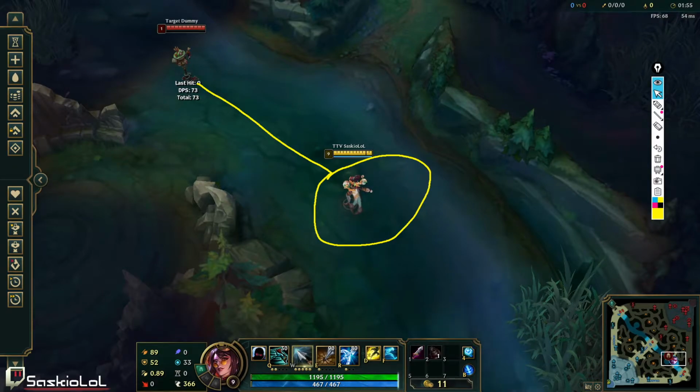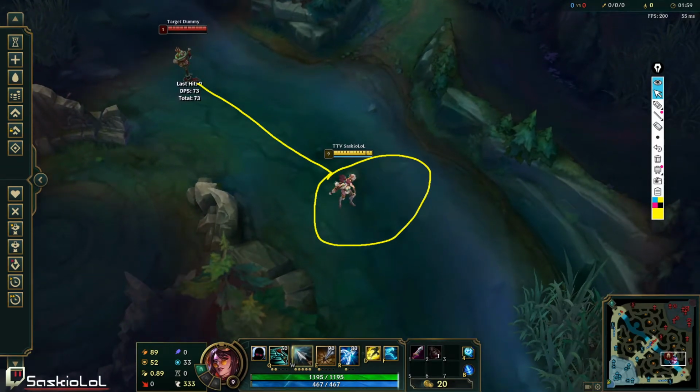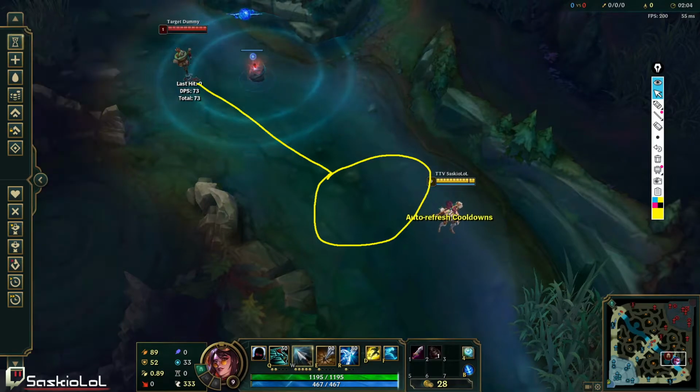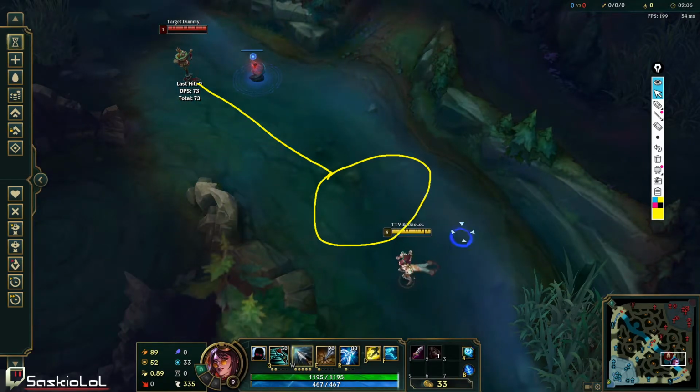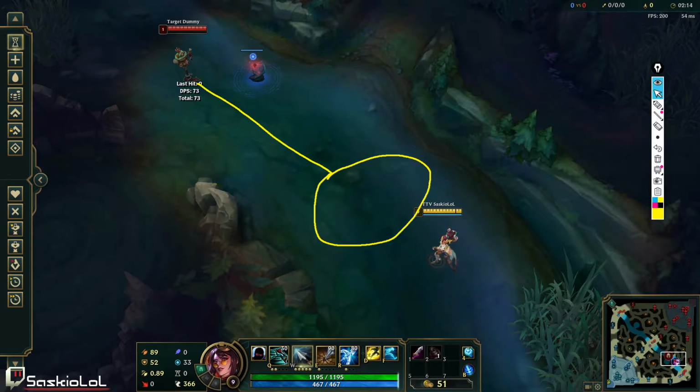Let me click Y here. Let me unlock my camera. Beware. Oh shit. So, in a real game, you don't want to enter this zone of influence. So, in a team fight or in a dance, you want to stay out of this range, right? Obviously, if you're going to enter the range, you must have a reason to enter the range, okay?